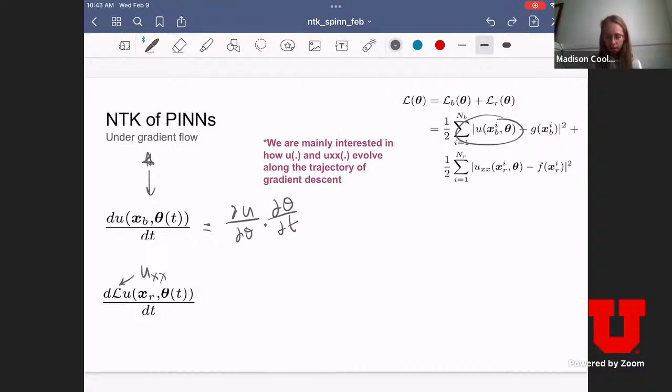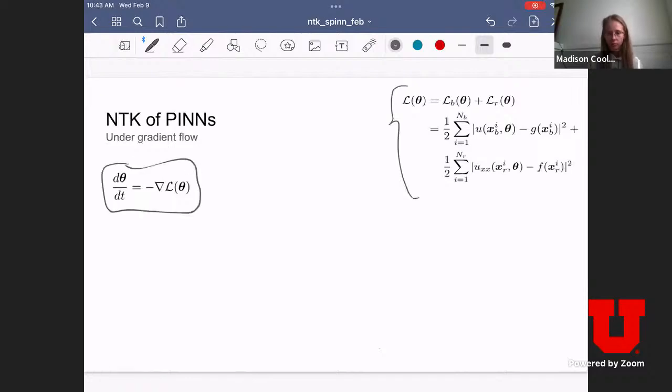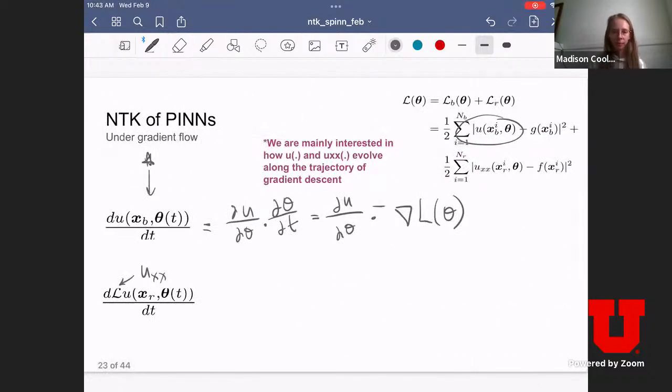So we can replace that with du d theta times the derivative of the loss, which is from this equation here. When we replace that and simplify this equation, I'm not going to go through the full simplification, but you end up with